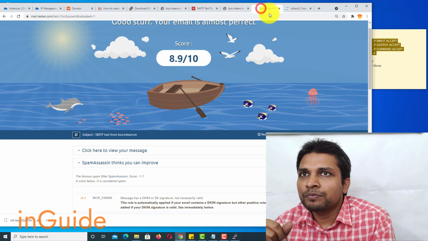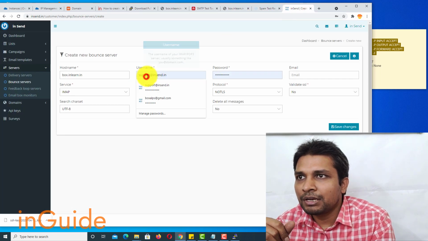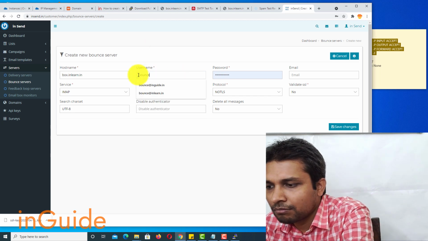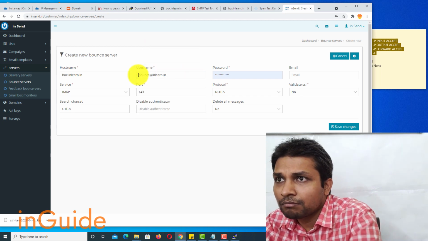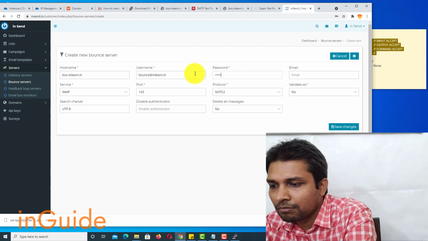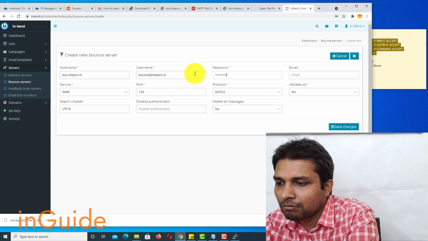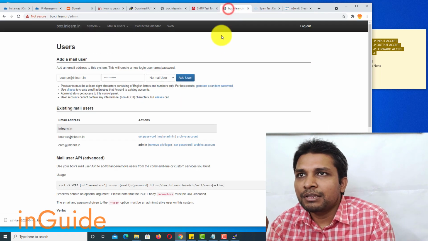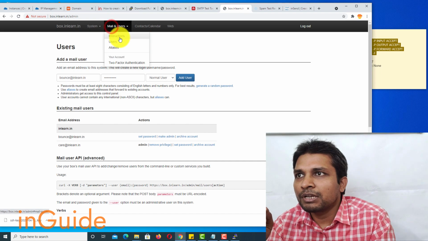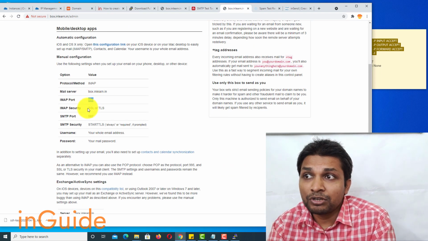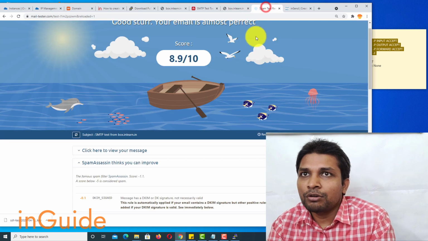It's time to go to MailWizz and here the password. Now here the port is 993. If I go back once again to instructions, you can see the port is 993 and IMAP security is SSL or TLS.